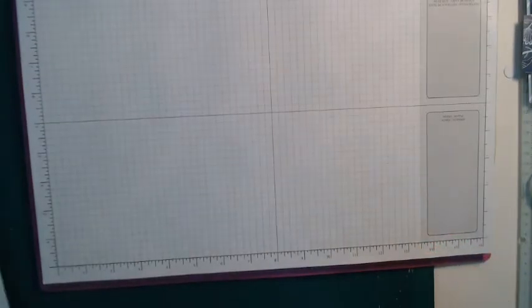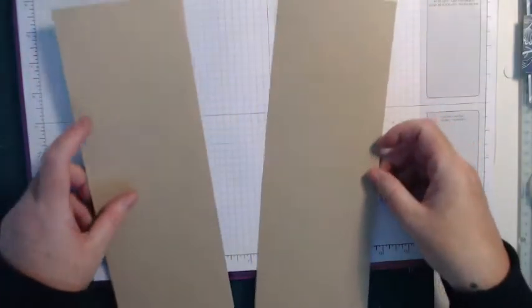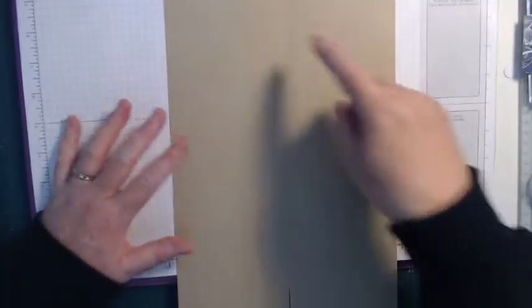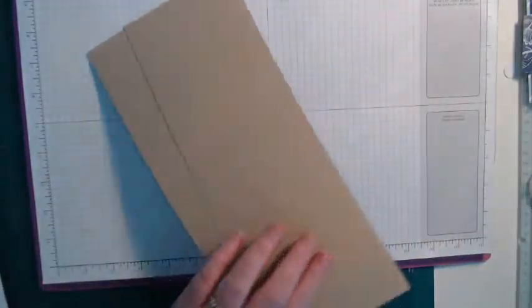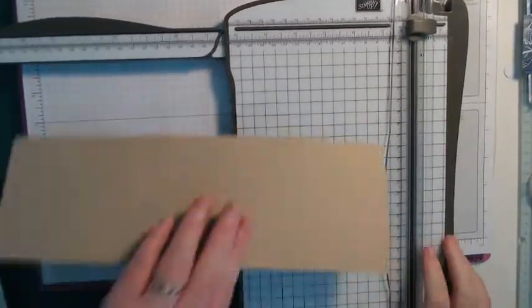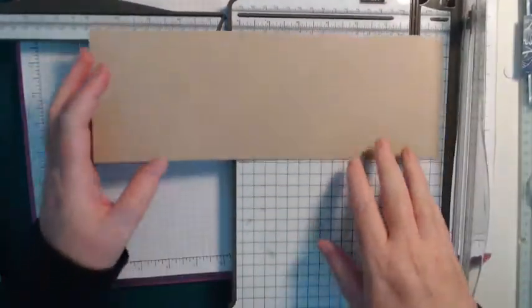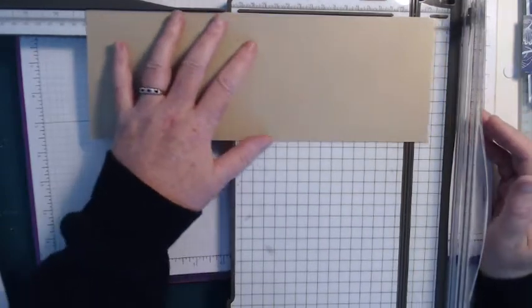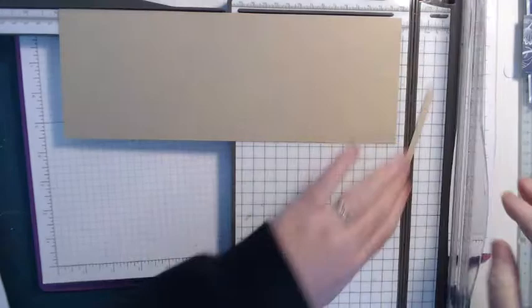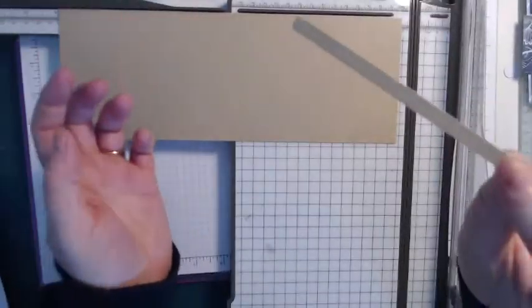Now I've prepared my bases like I always do. An A4 piece of card cut at 11 and 1/8 and then scored. Oh, that's a point. I need to cut mine down. I like to cut mine down to 11.5, just because then it's in line with the envelopes. So I like to cut them down to 11.5, and it is literally just cutting a smidgen off the end,